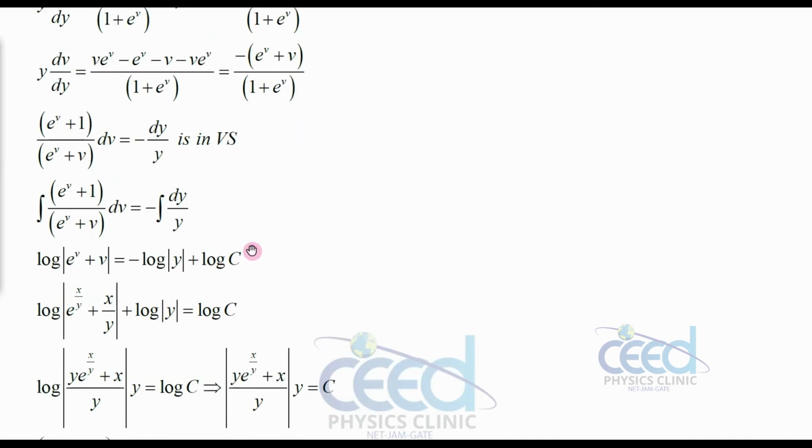We have converted all the v variable to one side and the y variable to the other side. So if you give e raised to v plus v as t, what will be dt? On differentiation, e raised to v becomes e raised to v plus 1 with respect to dv, so when you give this t, you will get this as dt. So 1 by t dt is log t, that is log (e raised to v plus v), equals minus log y plus c. c I can write as log c. So I can write this to this side: log (e raised to x by y plus v).